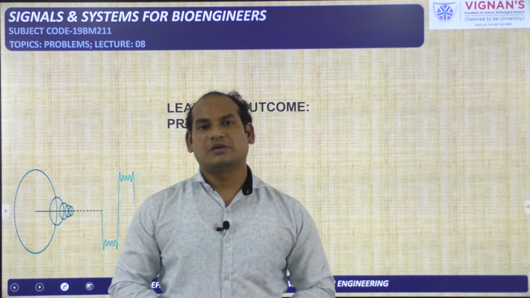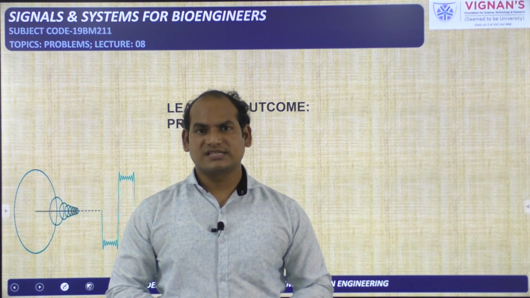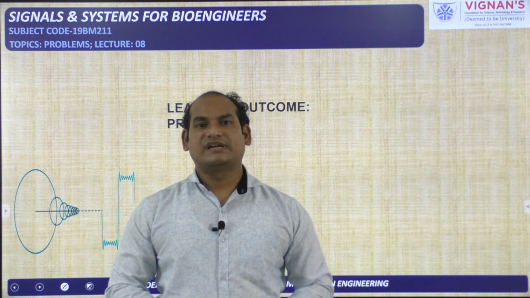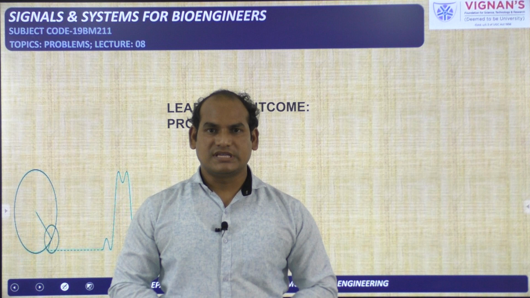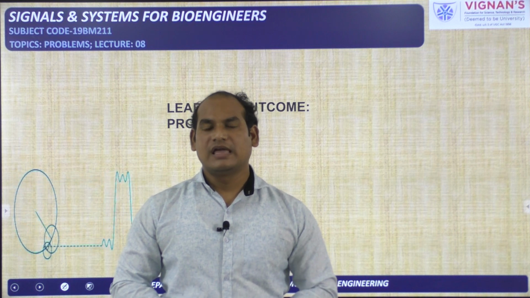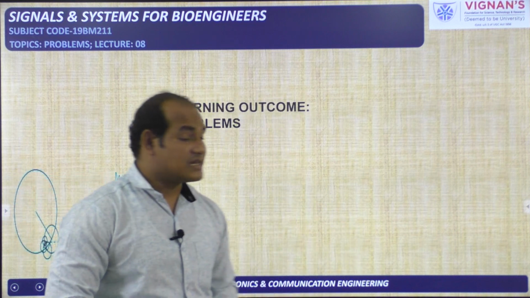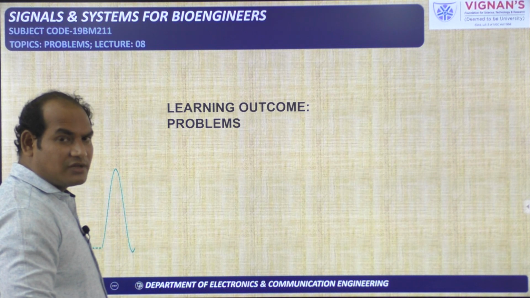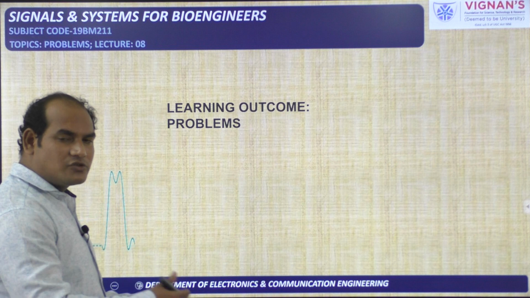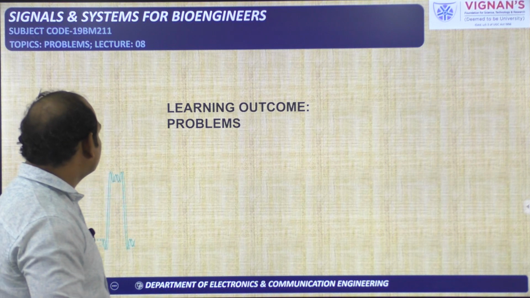And finally we have seen the integral, t changing from minus infinity to plus infinity, of f of t del of t minus a dt, that is equal to f of a. So all these things we have seen and some problems also we have done, and we will continue our problems in this lecture. That is about problems on the basic signals only. What we have studied till now on those topics, we will see the problems.